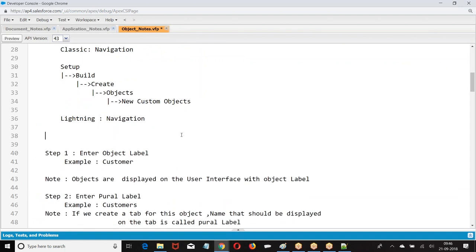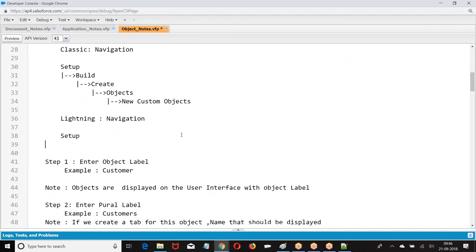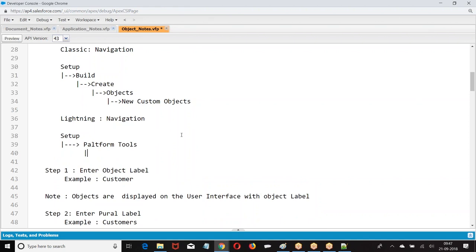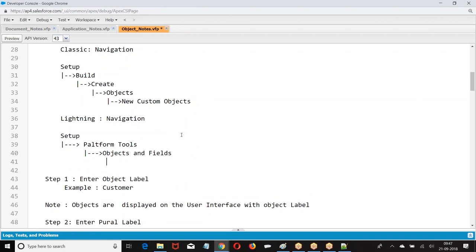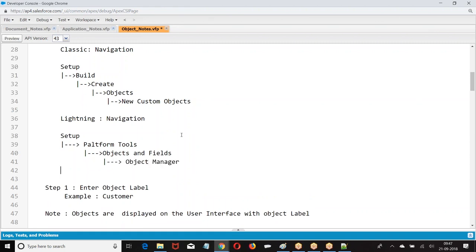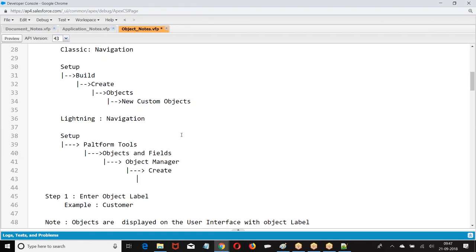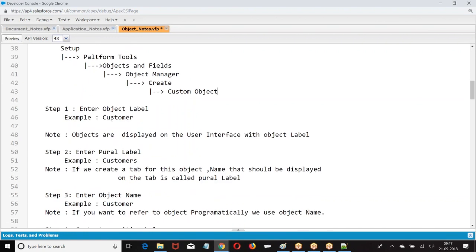So that is the navigation in Classic and in Lightning.